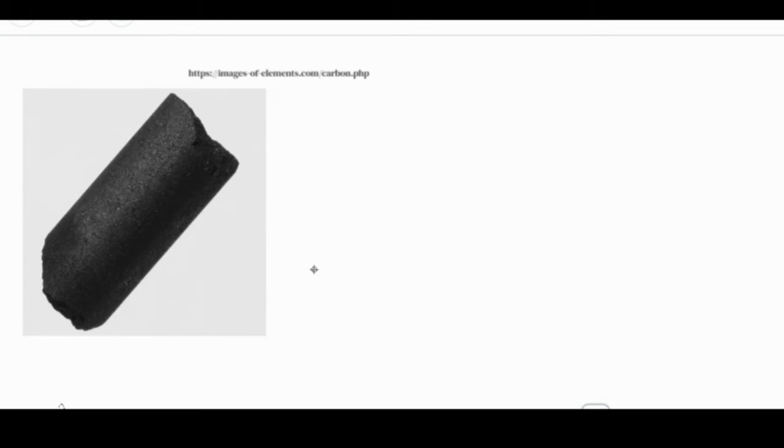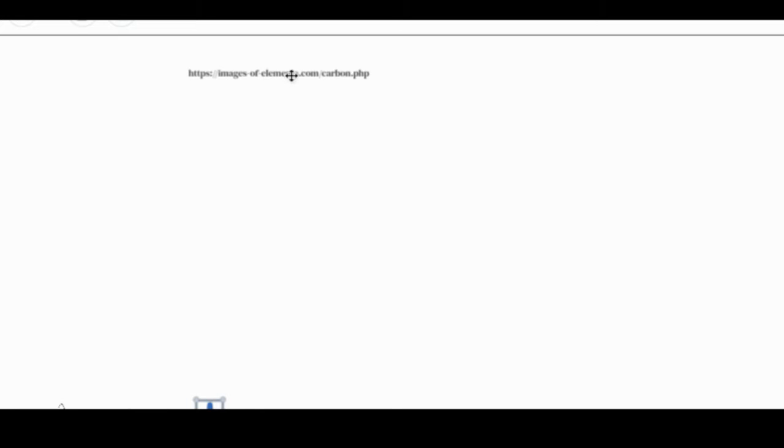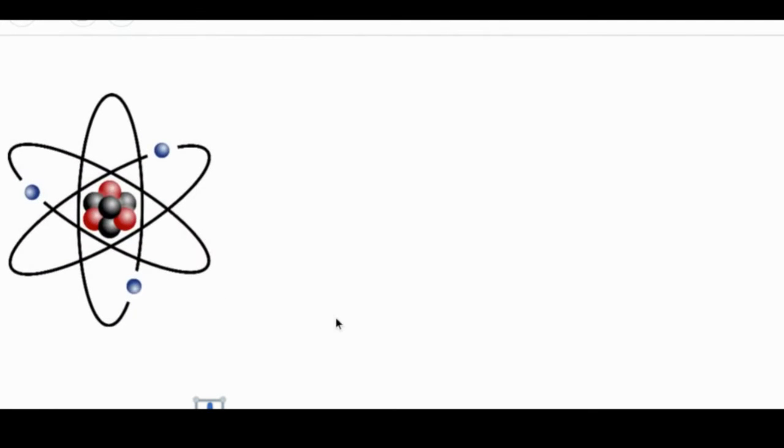But if you think that they're small, there are even smaller things, and those are the subatomic particles which build the atoms. So let me remove this. And by the way, that image came from the imagesofelements.com website. So this is the link. And let's now quickly take a look at just an atom. So let me zoom in. This is sort of what an atom looks like.